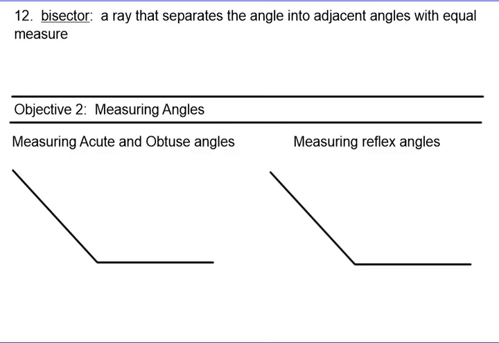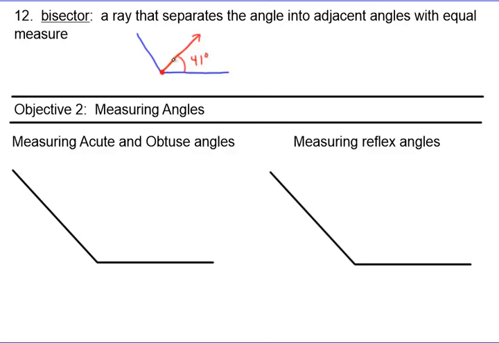And now we have what's called a bisector. A bisector is a ray that separates the angle into adjacent angles with equal measure. So let's say that I have this angle right here, and I have a bisector that goes right in between them. It's not very straight, but that's okay. And we'll put a vertex right there. If it splits it directly in half, so let's just say that this is